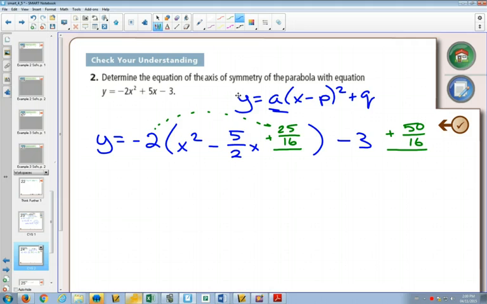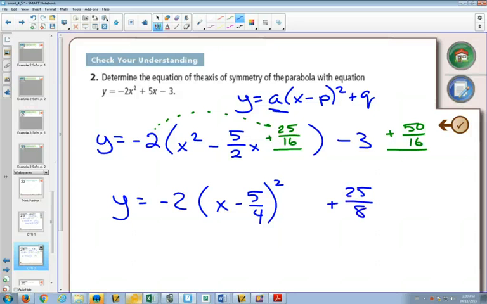So now we've got our equation. And if I change this to 25 over 8, in order to put those together, I would need a common denominator. So I'll make my negative 3 negative 24 over 8. Putting those together,